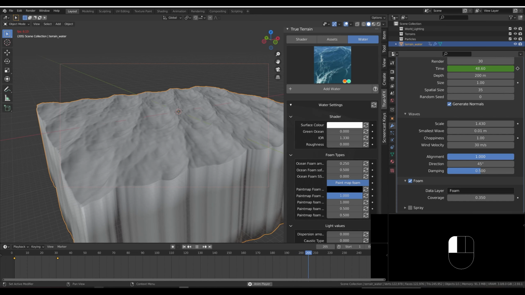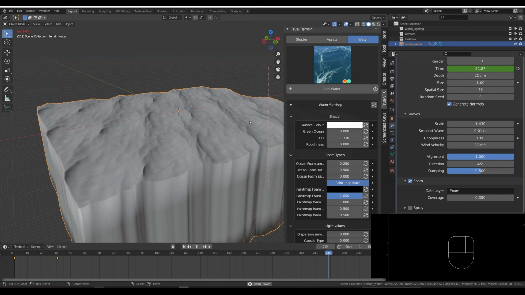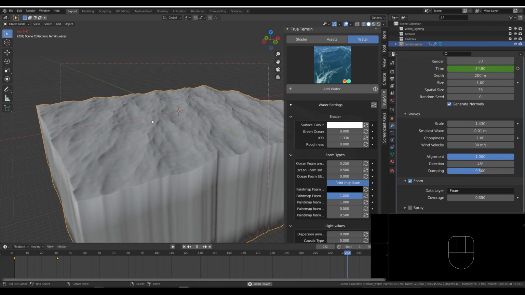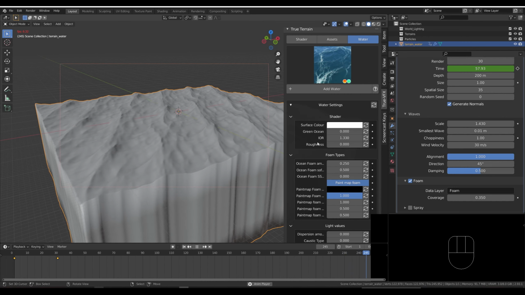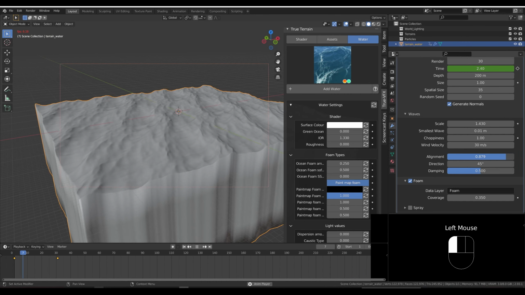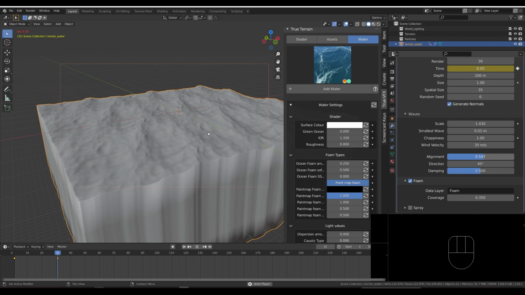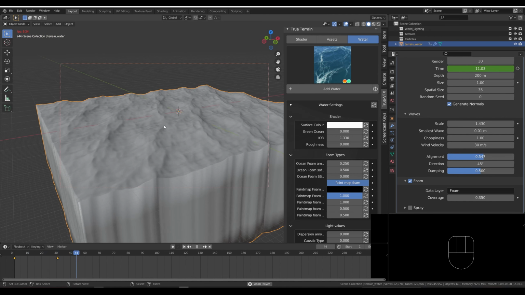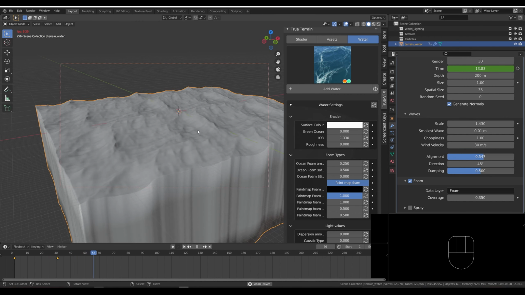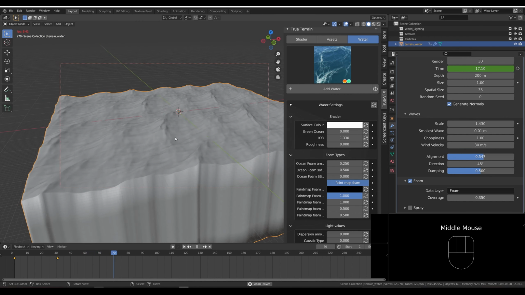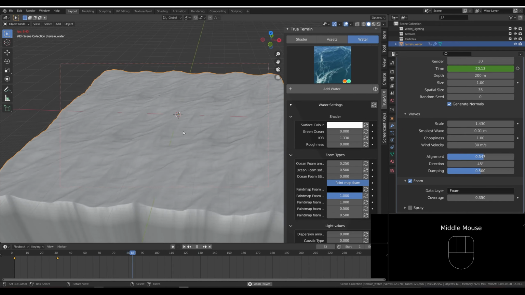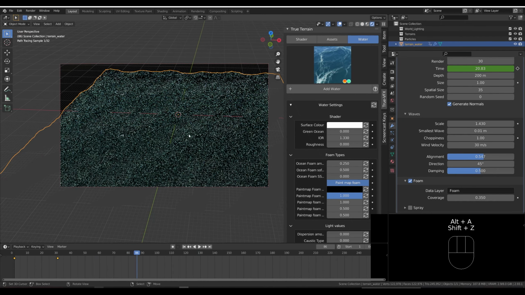But if we have it all the way to 1, it's just peaks appear, move, and then fall off as they hit the end of the mesh. So I'd say your alignment wants to be something around 0.5, 0.6, so that you can see this undulation in the waves, and that the actual peaks will fall back in and then regenerate. And that will also generate